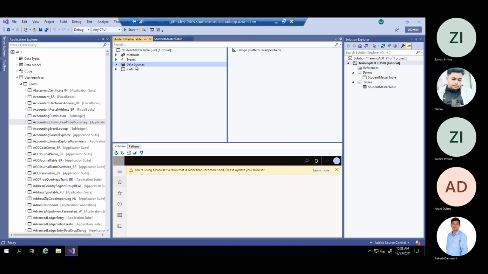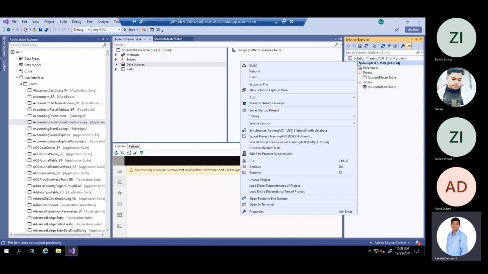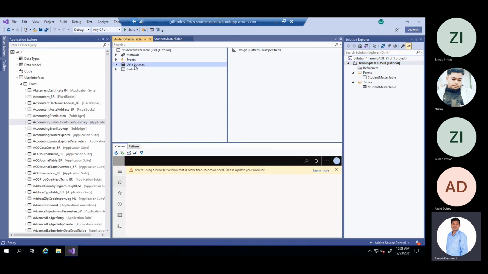Mostly if we want to create a new object, we do a right click, and if you want to add a data source, just right click on that and click new data source.